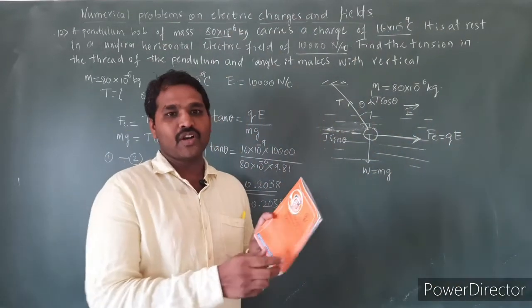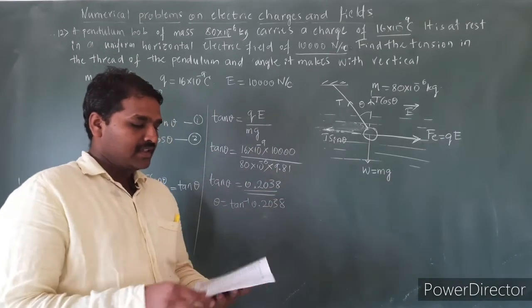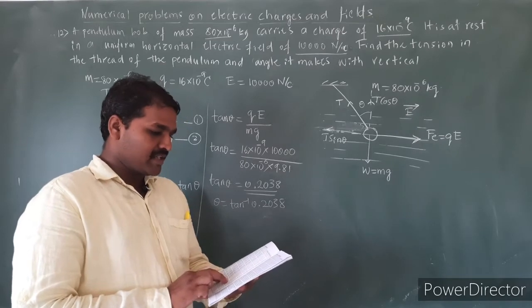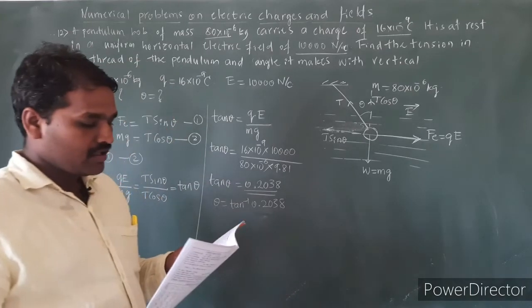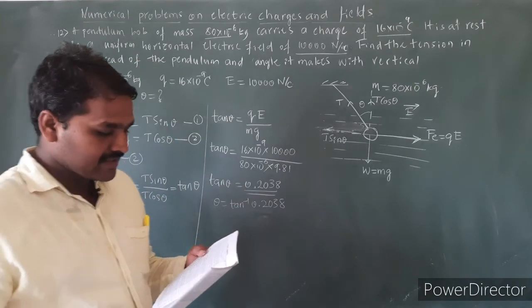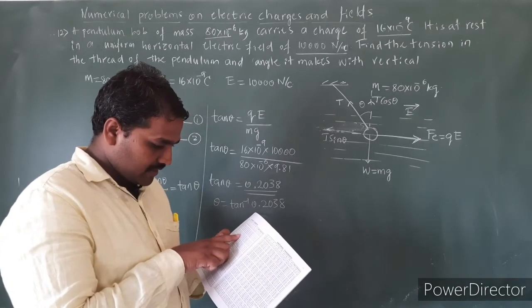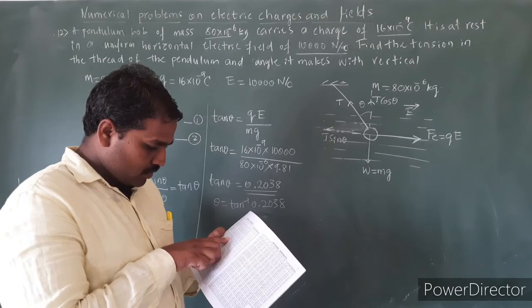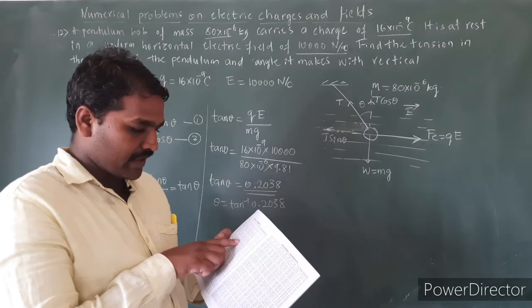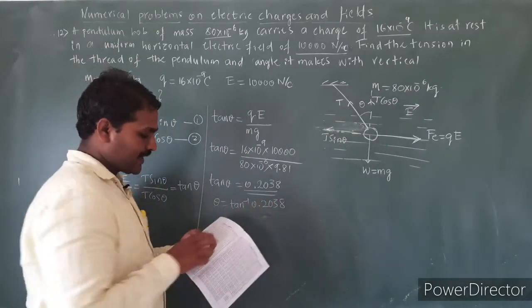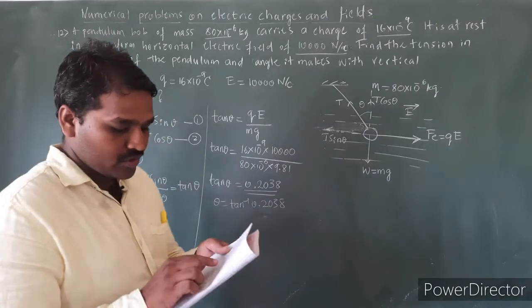This value of theta can be found out using the log table. I hope all of you have this log table here. So this is the tan function. Open now natural tangents, that is page number 14 and 15, and search for the value of 0.2038. You may not have the exact value there, you have somewhere near to it. We have 0.2035, so it is close to 0.2038. Neglecting the minor difference here, we shall just take the value of 0.2035.